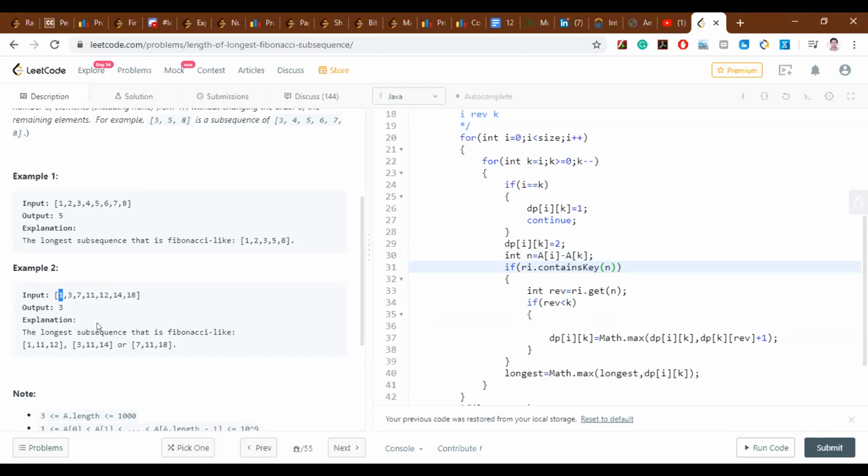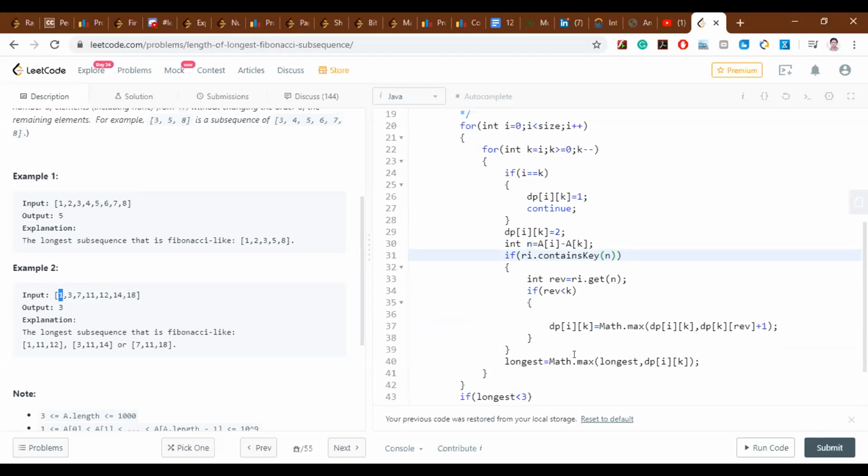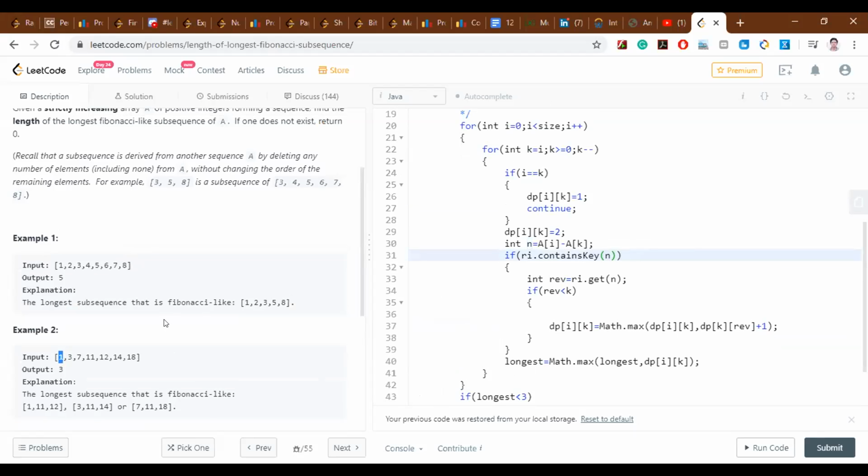But instead of that, why don't you take example 1, where you have output as 5? If you take 1, 2, 3, 5, 8, and you take 8 and 1, look at the explanation. If you start with 8 and 1, then how do you arrive at 5? I really didn't understand that.